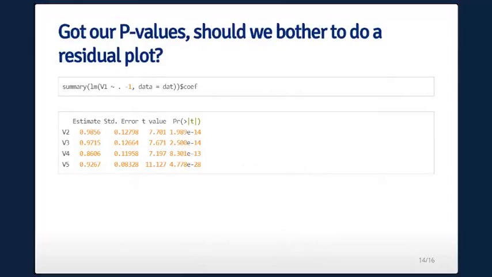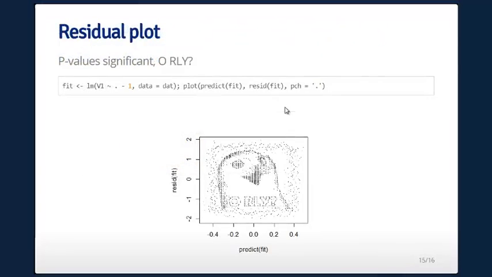If you do a standard linear model where it takes this first variable and regresses it on everything else, and then just grab the coefficient table, you see a bunch of highly significant p-values. Imagine if you were to stop there. Okay, but